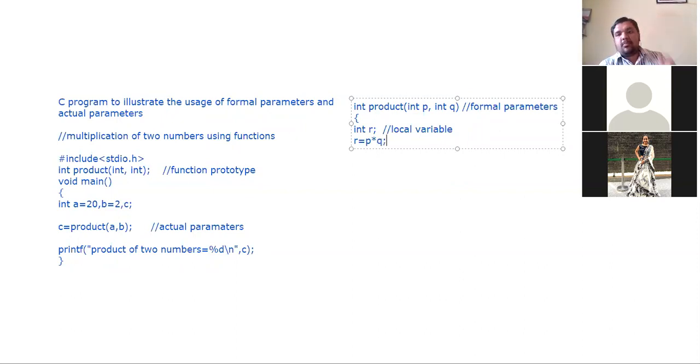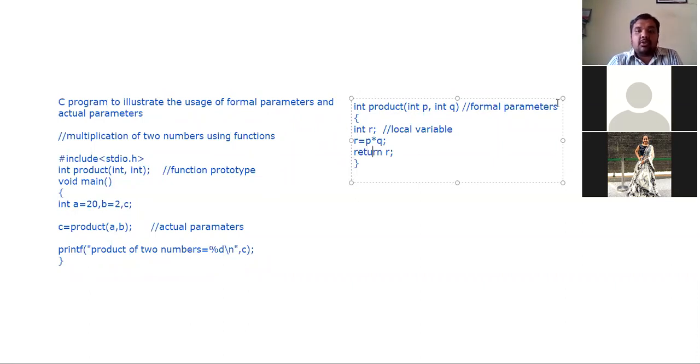What is r is equal to p into q? It is 20 into 2. What is the result now? It is return r. Return space r, because return is a keyword. That's all. So this is regarding the multiplication function.